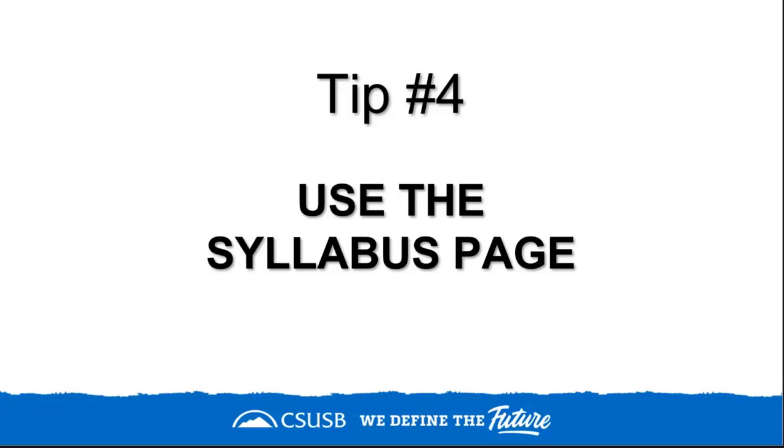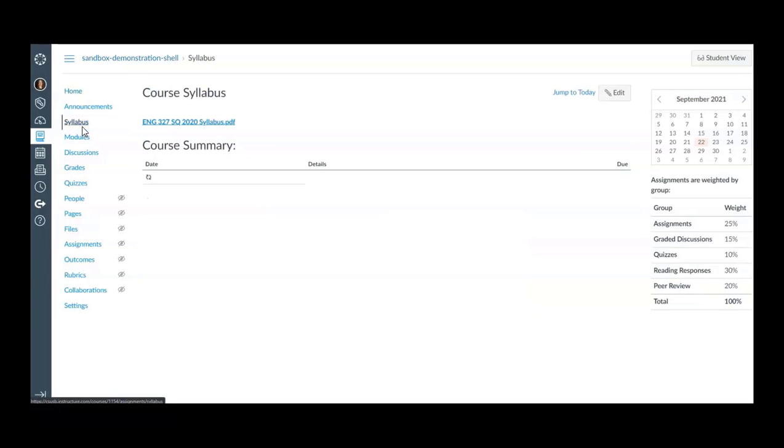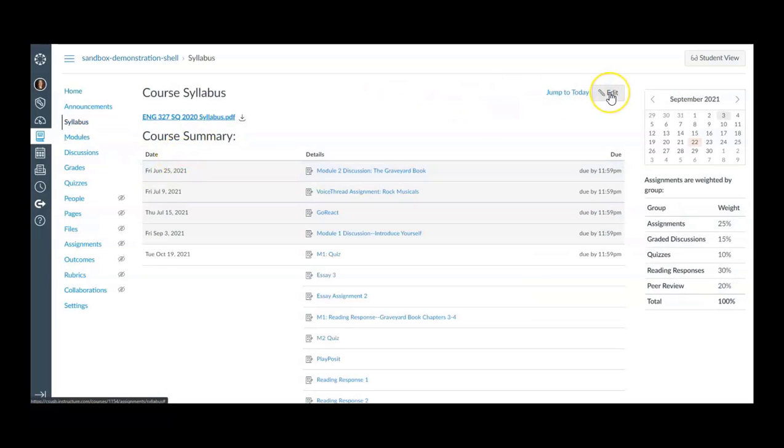Tip number 4. Use the Canvas syllabus page. The Canvas syllabus page is a built-in storage space for your syllabus. You can find it by logging into your Canvas course and selecting Syllabus from the course navigation menu. You can edit the course syllabus page by selecting Edit,